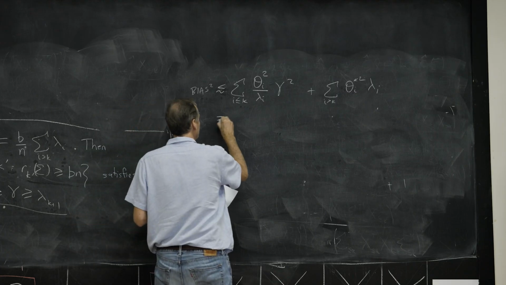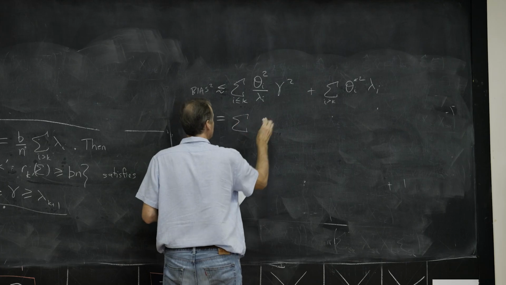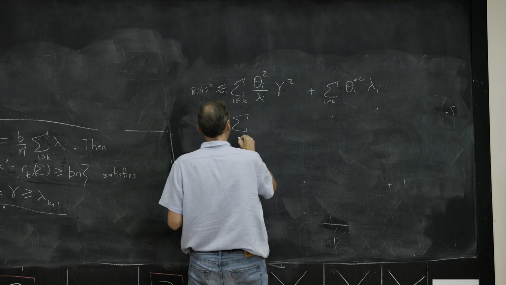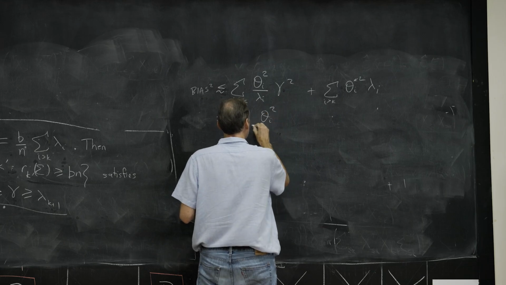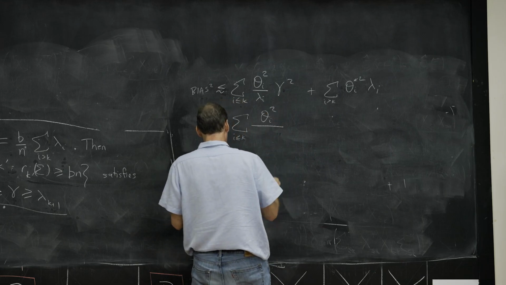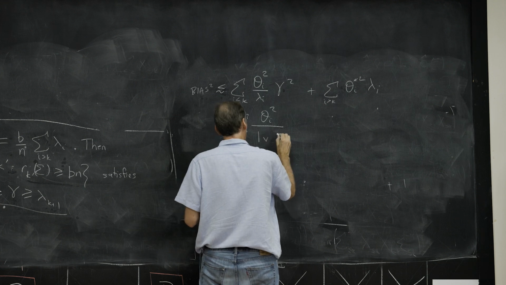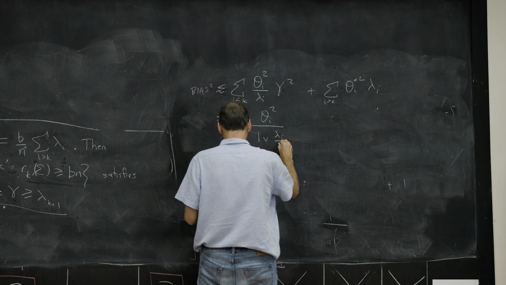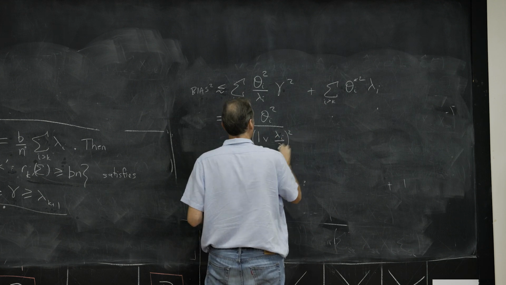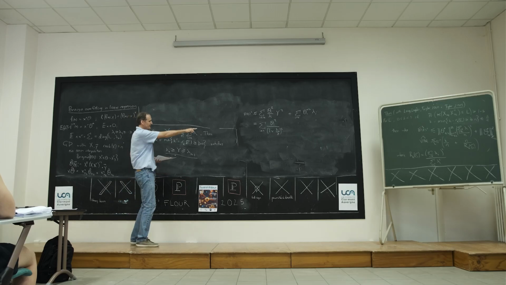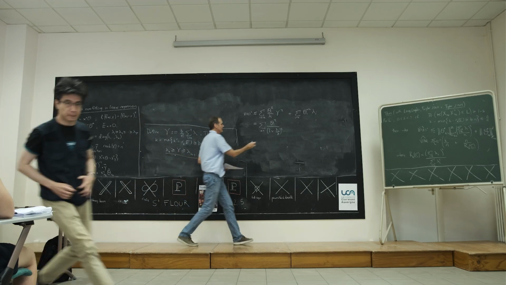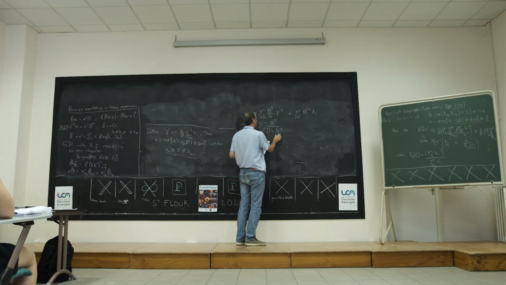And that thing's equal to, because we have this relationship between gamma and lambda, I can write that as theta_i squared divided by the max of 1 and lambda_i over gamma squared. Funny way of writing, because we know that for i up to k, lambda_i is bigger than gamma. So we're just getting this term, right, which is